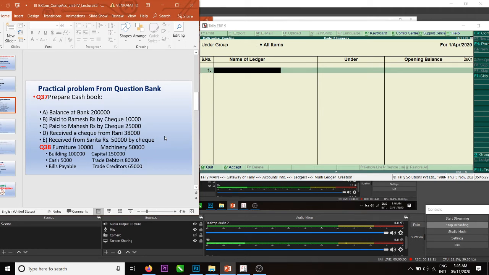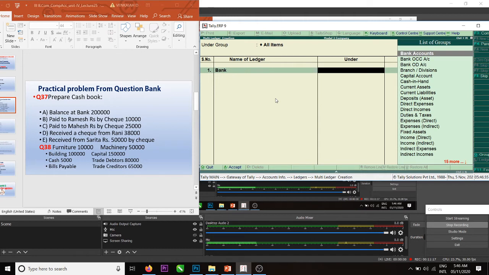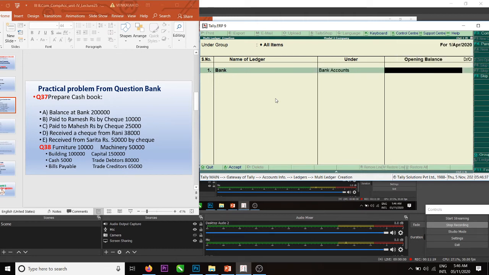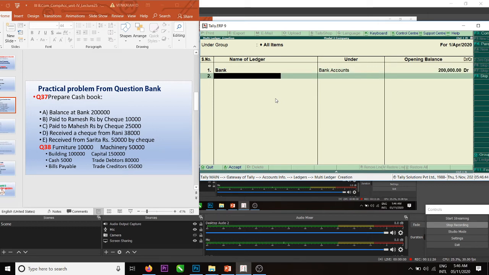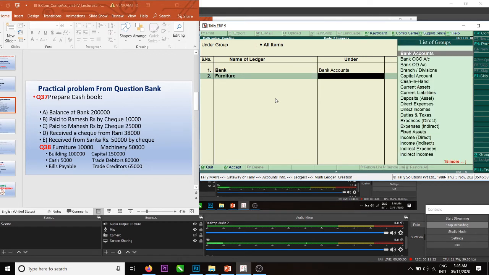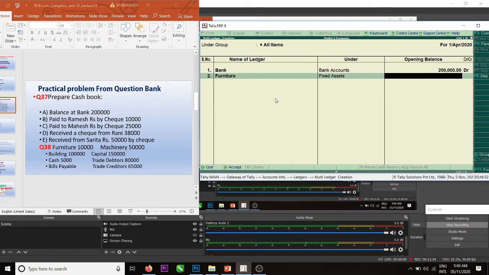Bank, under bank accounts, the amount is 2 lakhs. Furniture, under fixed assets, 10,000.